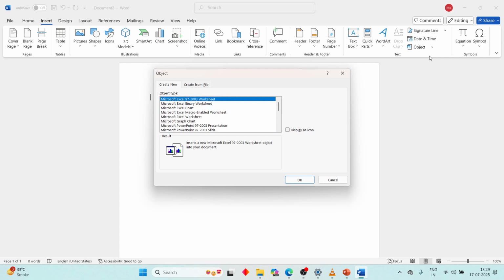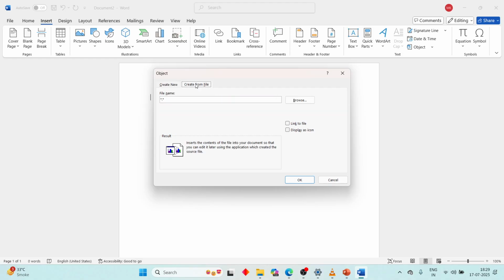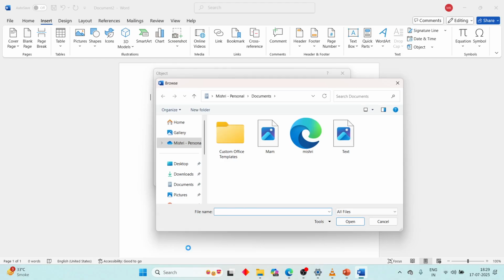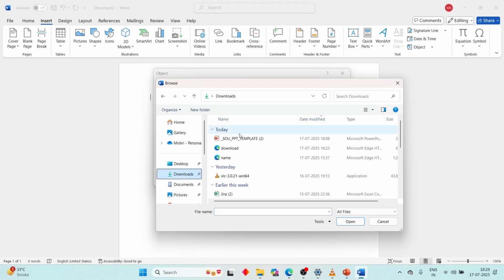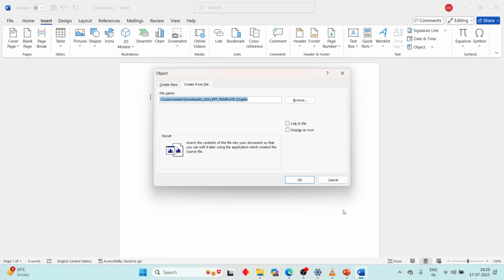Now you will see a pop-up window. Go to create from file and then go into browse, and here you have to select your presentation where you have saved it. So after selecting the presentation, just insert it, and now to make it clickable, check the box display as icon,